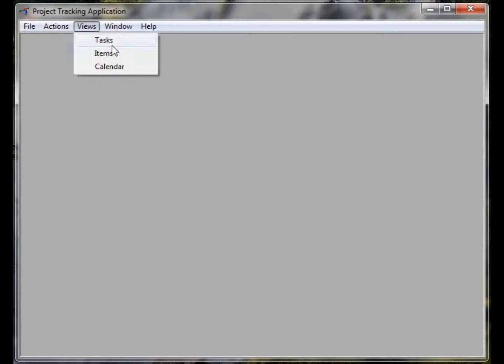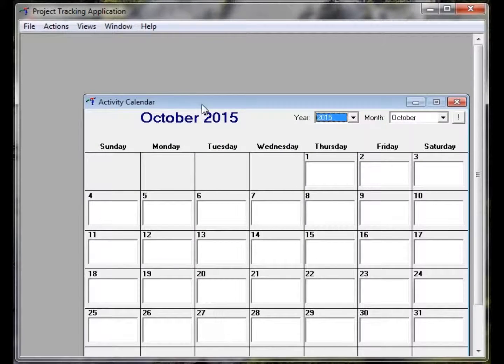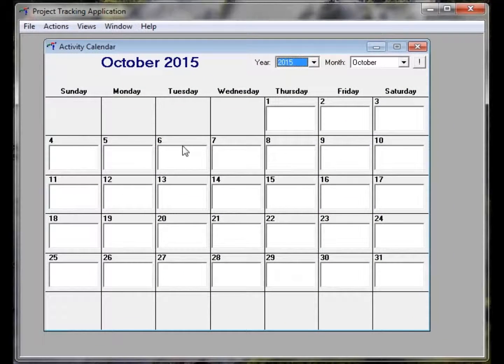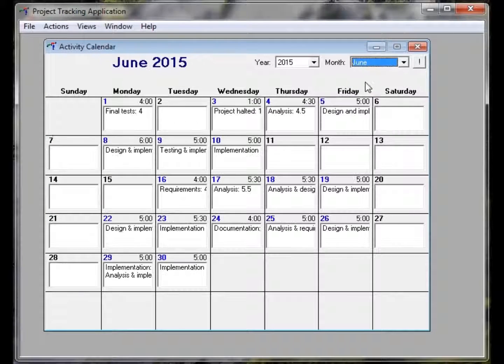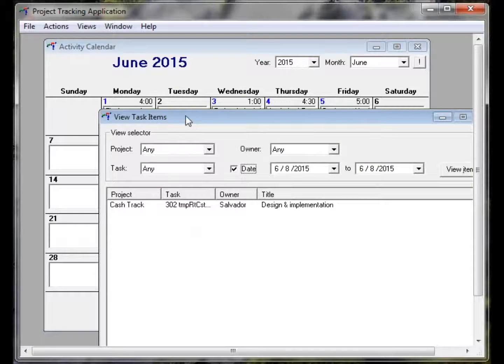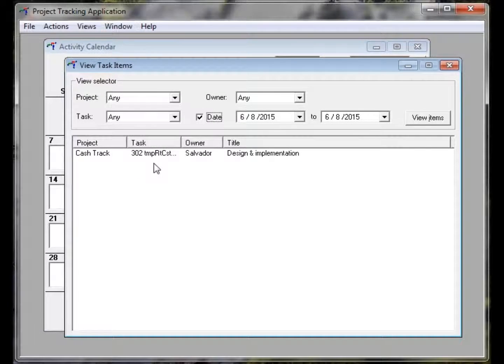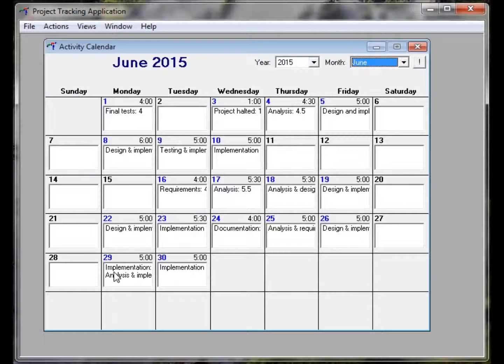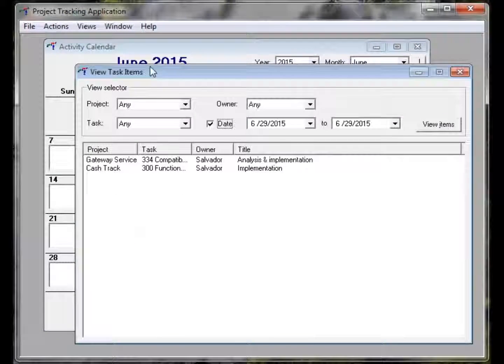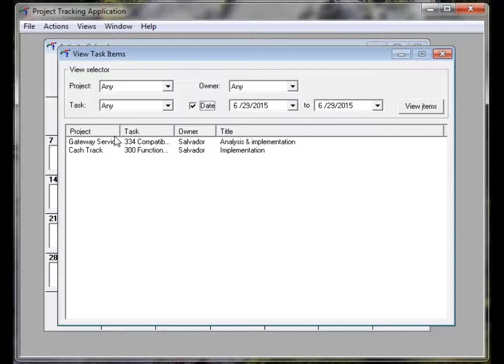And the last view is calendar. Like for instance, this opens up a screen that actually presents a graphical calendar, and I can select a month. Let's see what was going on in June. As you can see, I was pretty busy in June. The numbers are blue, and they provide information. If I do click on here, it's going to give me all the different items that I worked on that day. That one only had one. Like for instance, this one has two. So if I click here, it's going to display these two items,